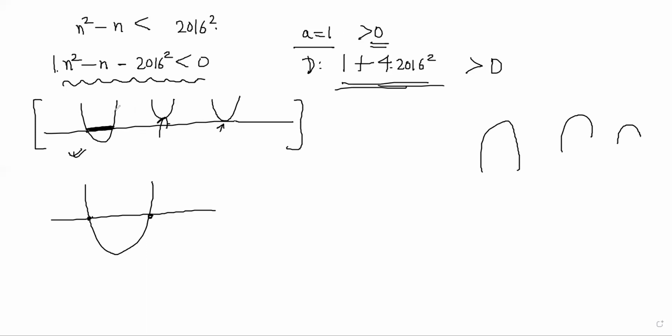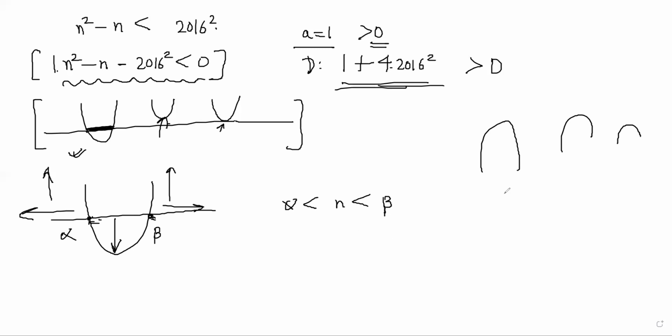Now in this graph, I'm searching for values of n so that the whole quadratic polynomial is less than 0. Notice that if you take values of n on this side and this side, like in the previous problem, then you had positive values of the quadratic. The quadratic is negative only between the two roots. So now what I have to write is n has to lie between the smaller root and the larger root.